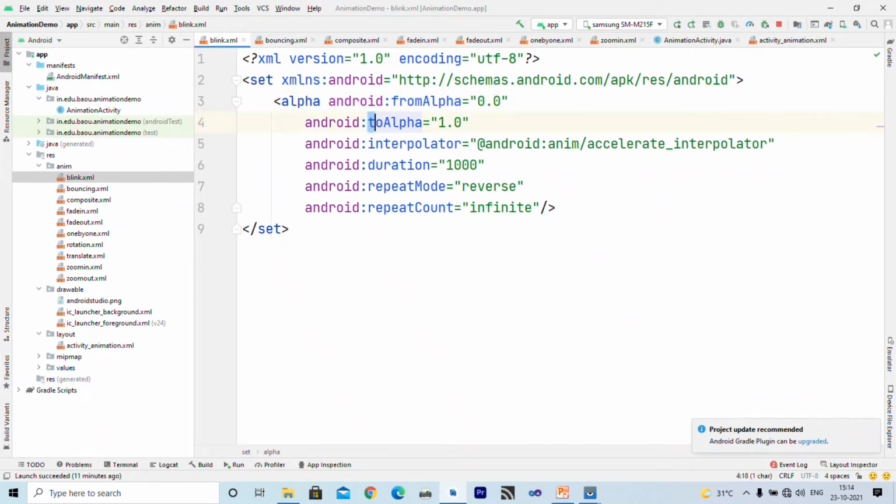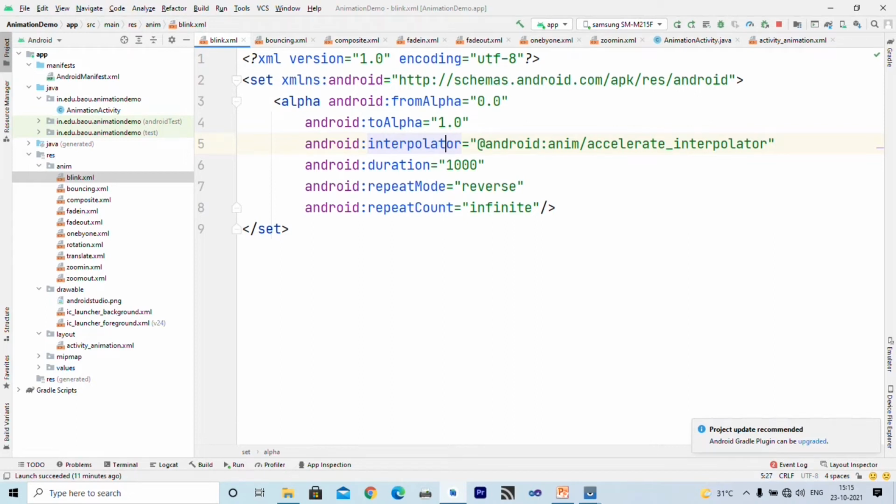And inside to alpha we can specify 1, that means it is 100% visible. So between 0 to 1 you can specify from alpha and to alpha. It starts with disappearing and slowly appears to 100% visibility.